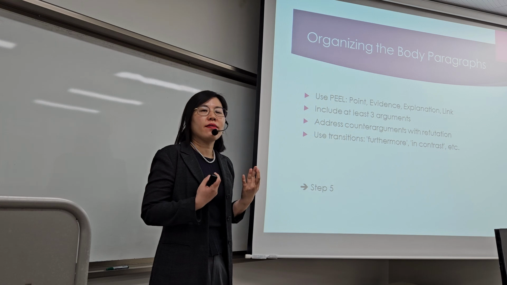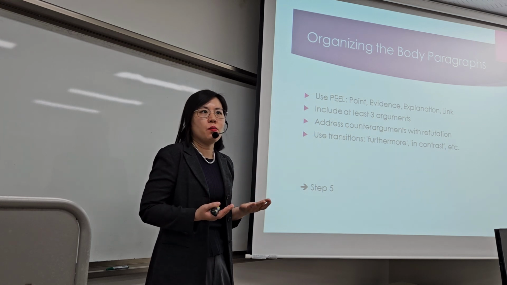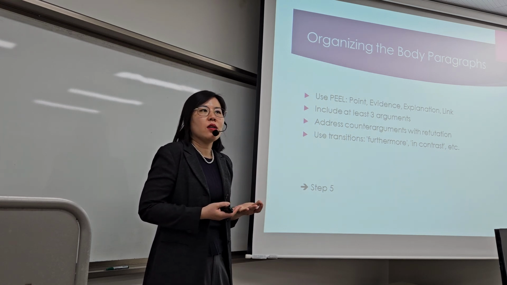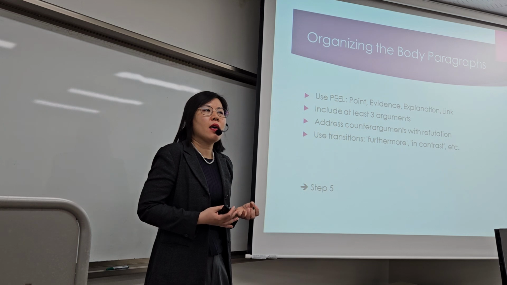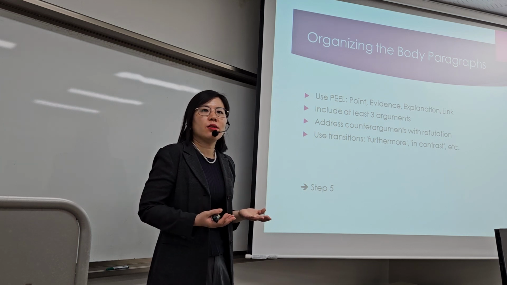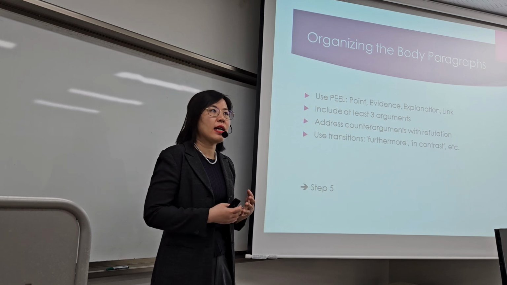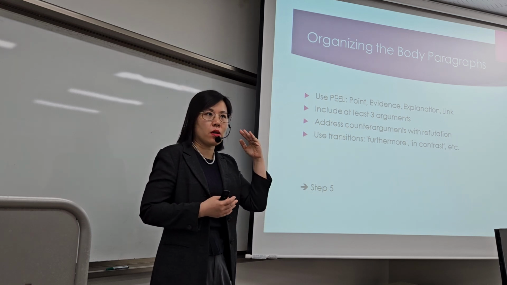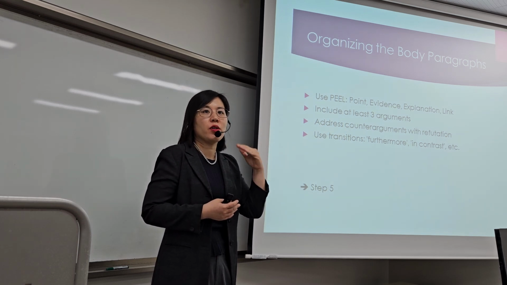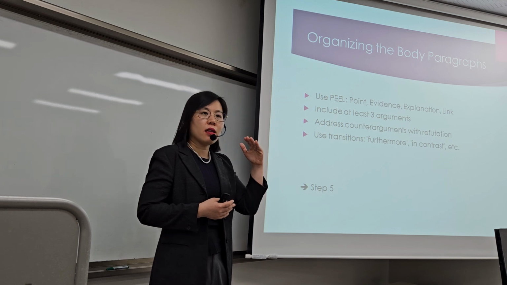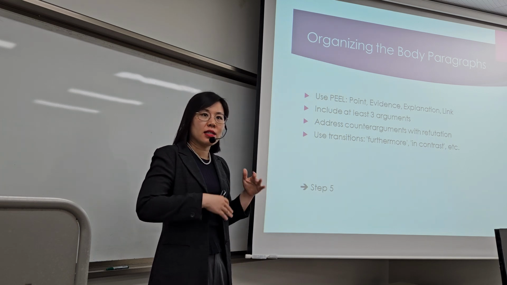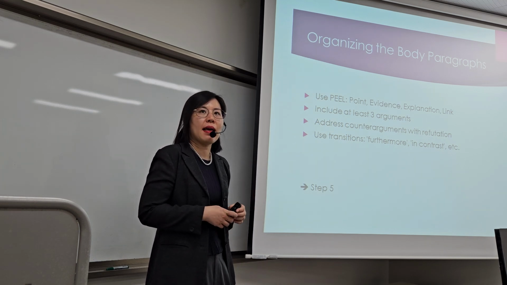So we have to address the low birth rate. How can we do that? We can address it by giving more subsidies to families planning to have babies. That can be your first point of argument. All right. And the second point of argument, in the second body paragraph, can be